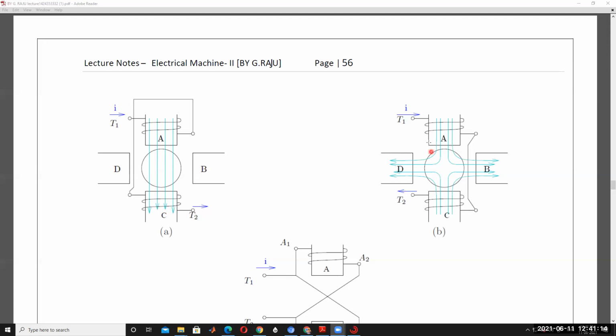But here it's different. The winding is connected in series, and these two windings are flux aiding. Here these two windings are flux opposing: this winding's flux and this winding's flux are in opposing manner. The flux direction in this winding is downward, and in this pole phase it is also downward. That means here is a south pole and here a north pole. Flux always leaves from the north pole and enters at the south pole. That's why these two are acting as series aiding.